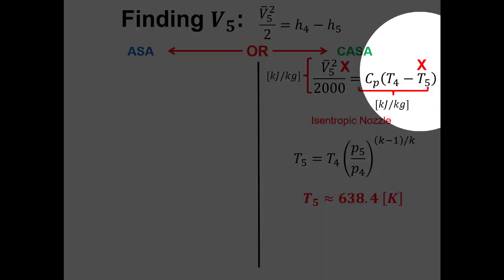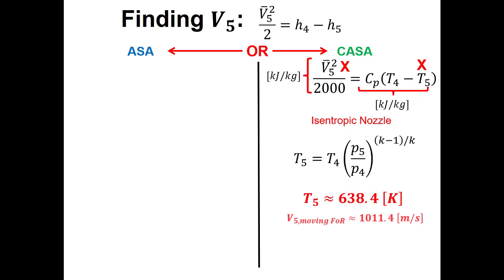And once I have T5, then I can use that information to find V5, and I find that V5 in my moving frame of reference is 1011.4 meters per second. And if I change that back to my stationary frame of reference, I have to take V5 and subtract VA, which is the velocity of the plane or the jet engine, if I assume that the air is still. After I do that, I see that velocity at state 5 is